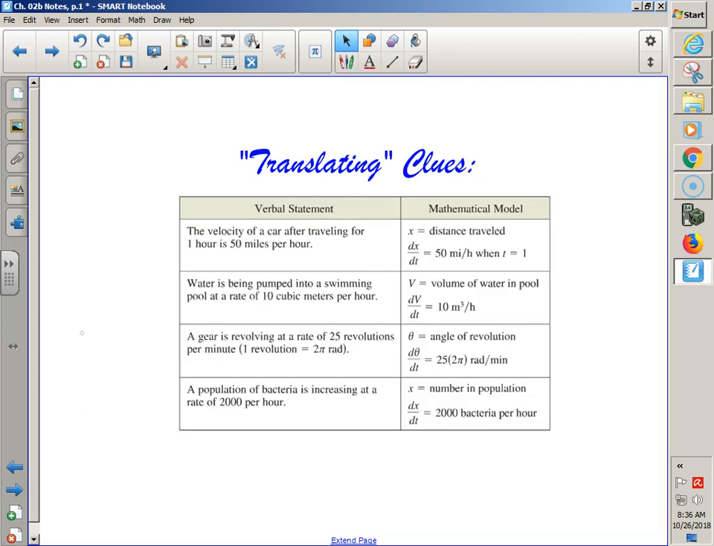A gear is revolving at a rate of 25 revolutions per minute. Revolutions? Oh, they give me a hint. Maybe I'm supposed to use that? Dimensional analysis. This one's weird, because they say d theta dt. Is a revolution a theta? No, it's 2 pi. Oh. So I would need to change on this one 25 revolutions per minute